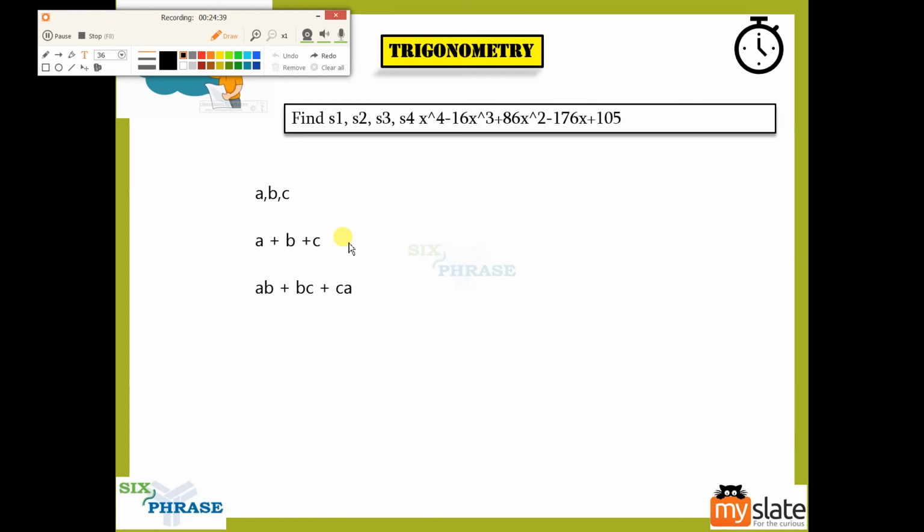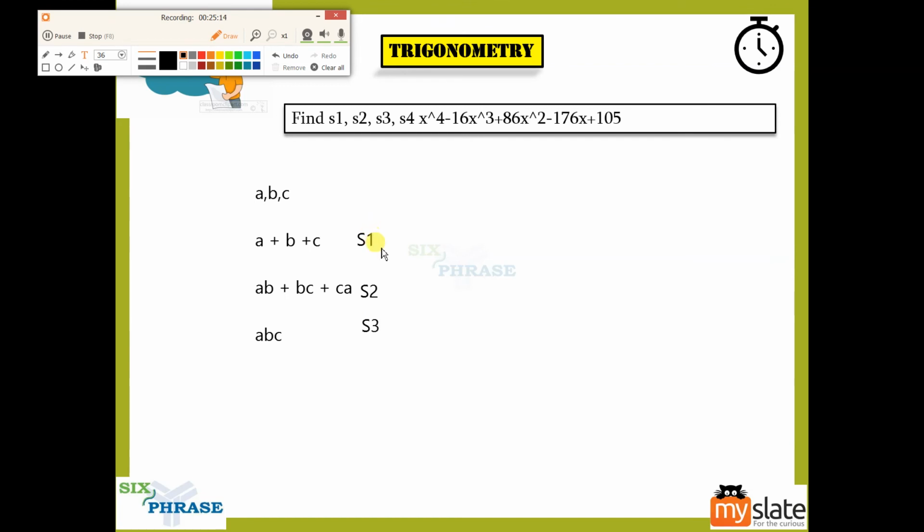So this is the sum of this. Now we are also going to have abc. Now if you see what has happened here, I've taken one root at a time and made a sum. I've taken 2 roots at a time and made a sum of it. I've taken 3 roots at a time and made a sum of it. So that is why we have these 3 sums. I could call this S1, sum 1, this sum 2, and this sum 3.